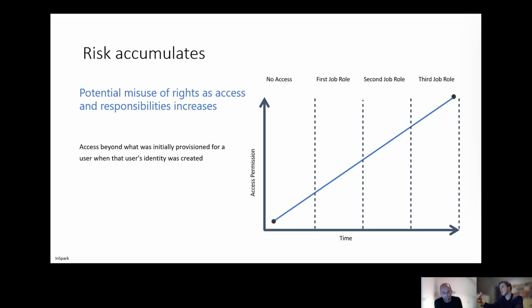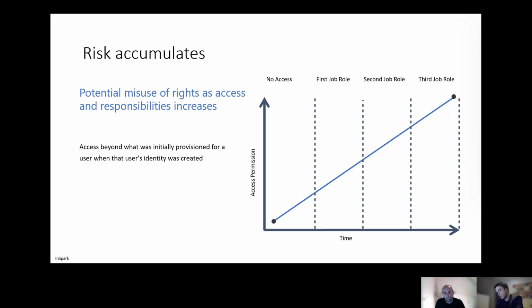And that grows and it grows. You get into your next role and the next one, and in the end, you still have the access which was applied from day one in your first role, but you're having a totally different role. Maybe you even moved departments. You're not in finance right now, but you're working for HR or doing something completely different. Well, whatever, as long as the employee is happy, I'm also always happy. So I don't really mind. But the access still applies, and that's where we need to get in control.